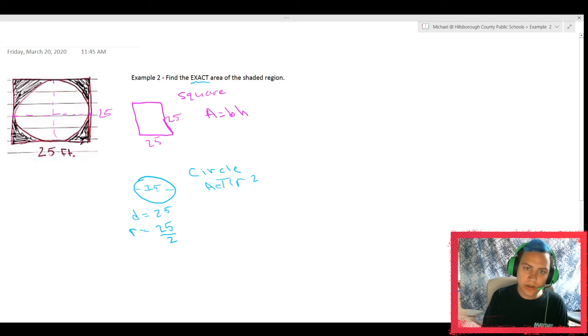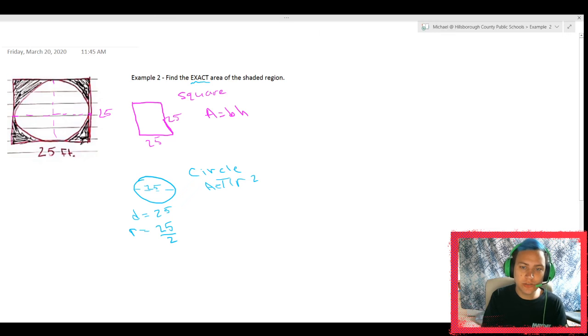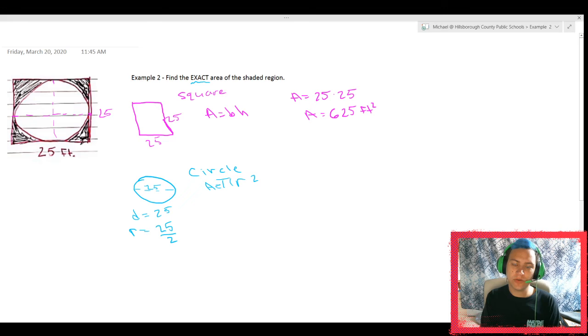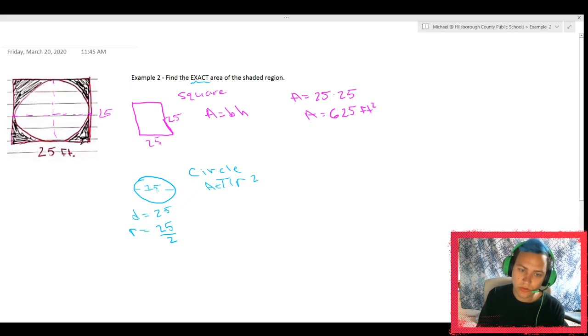Okay, so let's go ahead and work on this problem. Starting here, doing our area of a square, area equals 25 times 25, which means the area here, since it's in feet, is going to be 625 feet squared. Okay, so then we can go on and do the circle part. We know we have our area equals pi r squared, so we're going to have area equals pi times 25 halves